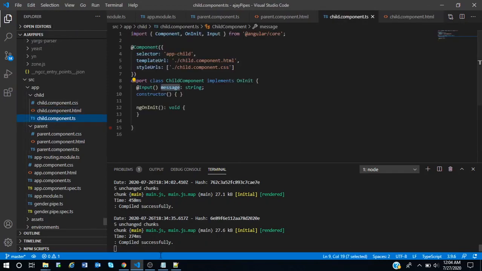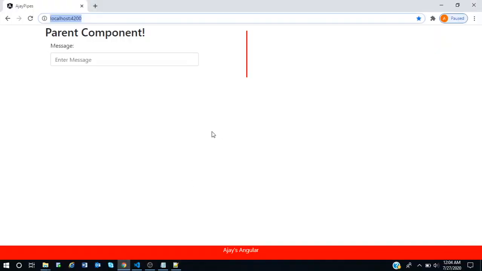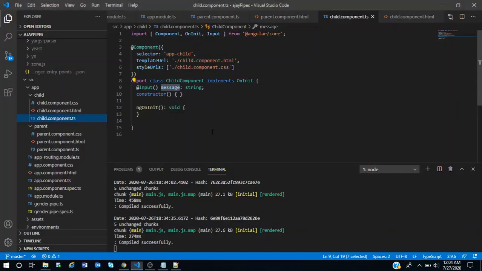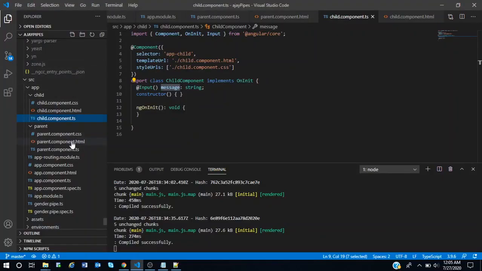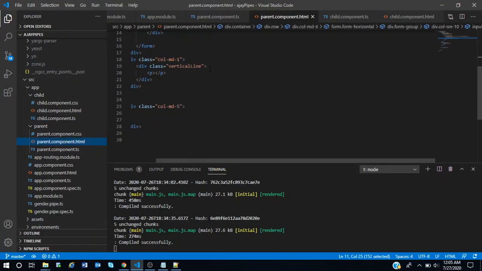Now my expected output is that whenever I enter something in the parent component, the child component should show it, but it is not happening. The reason is I haven't called the child component in the parent component. Let's go back to parent.component.html.